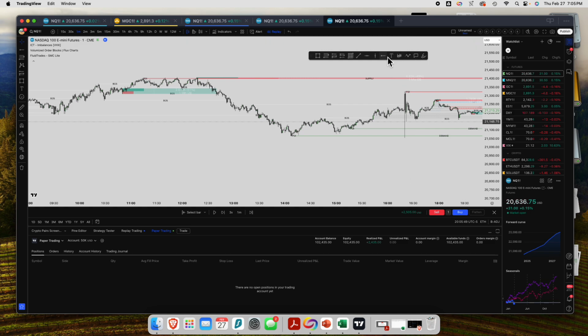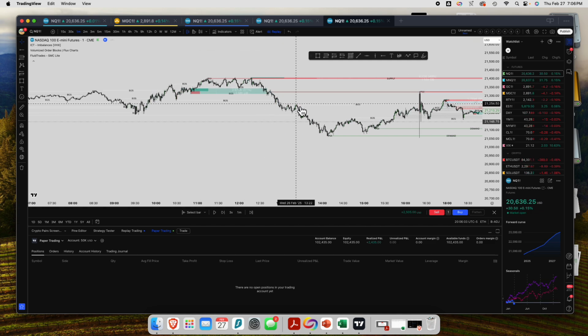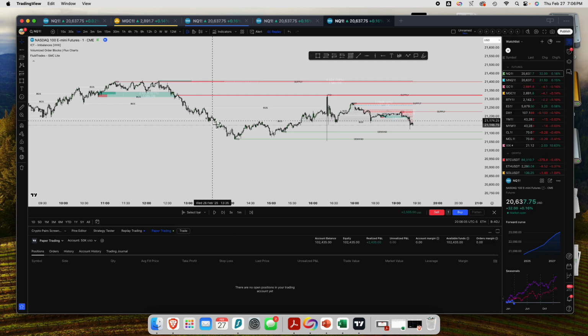I'm going to mark this out too, just so you can see. I'm going to mark this out right here. That's the top of that. Right here. All right. Here's all of these sell orders. And then now we're getting buyers to fill those sell orders. And when it reaches a price, everyone sells. Bang. So anybody who was long right here, if they had their take profit set way up here, lost all their money because it took out these lows right here. And then shot right back up to where,